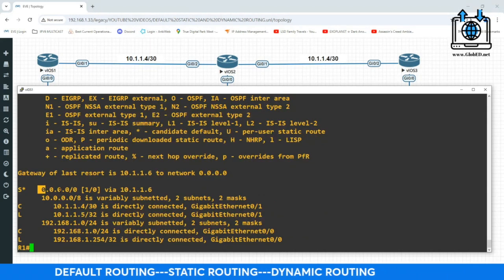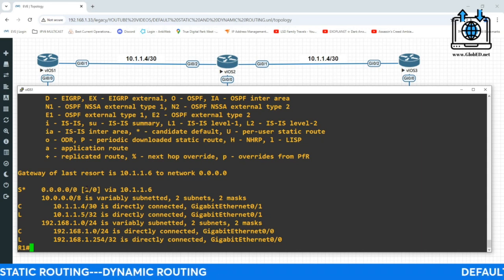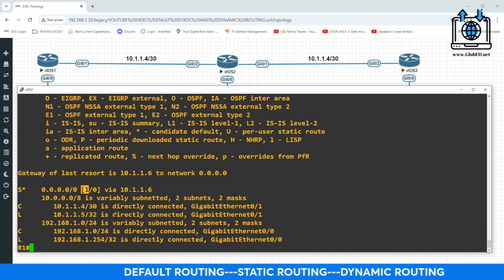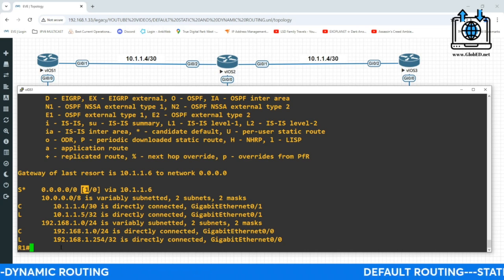And you can see it right here. It's an administrative distance of 1. That's what this 1 means right there. Because you're using the next router's hop address. If you were to use the exit interface, it would have been 0, or it would have shown you as connected directly, or directly connected. But we're not.